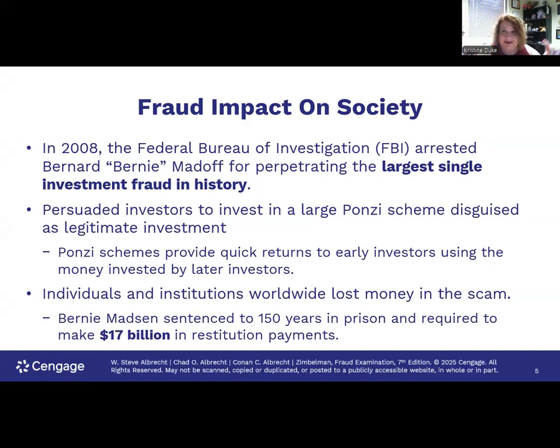Let's say the original investors are the A's. Then he'd go out to the B's, get their money, they'd invest, and he'd give it to the A's to say, see, look what I'm doing. And so they'd reinvest. And he just kept going, making it bigger and bigger. And there were no returns. He was just using the money of people who invested into his scheme in order to pay the first people. So that's kind of what happens. It's awful, absolutely awful.